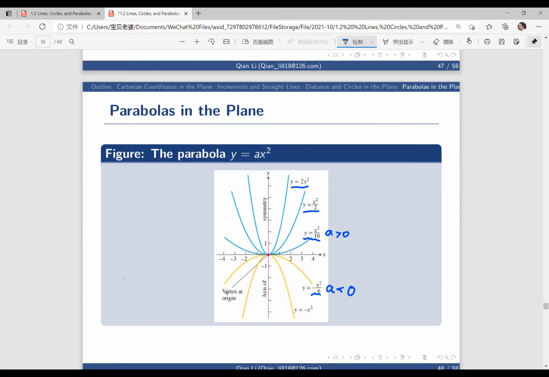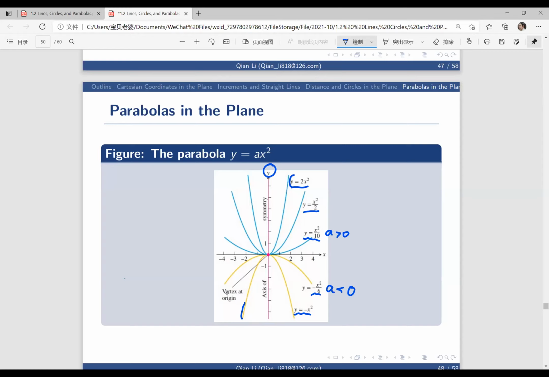And then this parabola is y is equal to negative x squared. So this parabola opens downward. And let's see whether those parabolas are symmetric with respect to the y-axis. And let's see